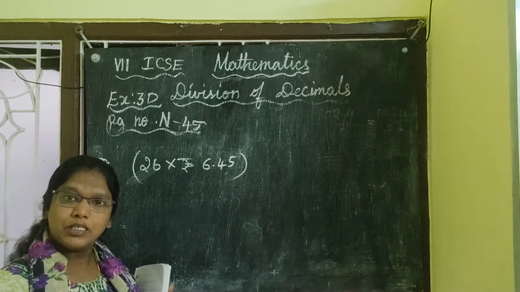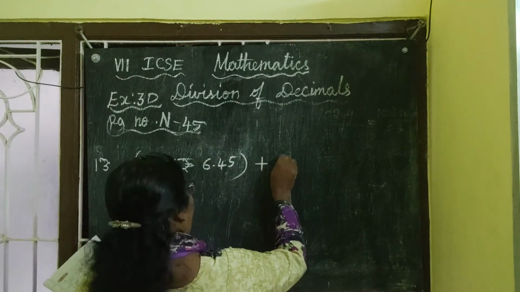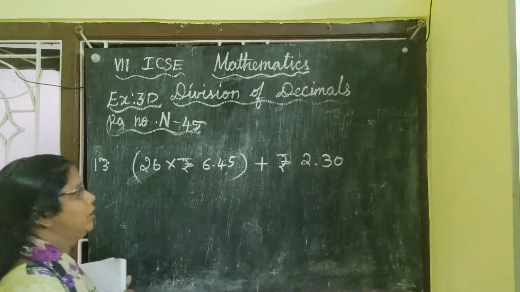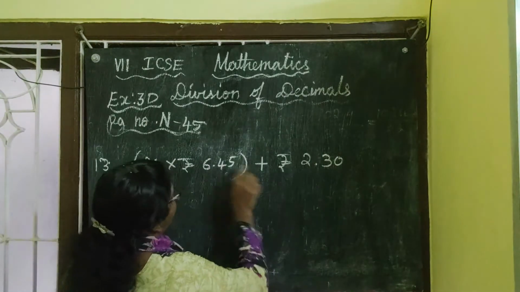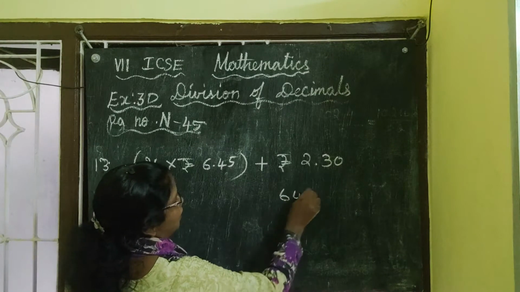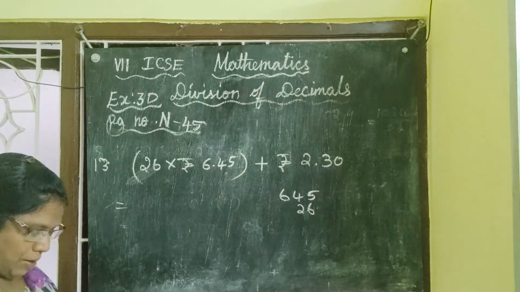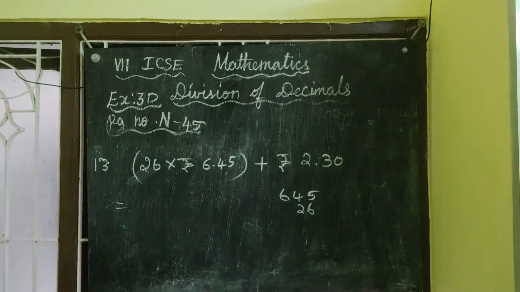is left out? You have to add that. What do you have to do with whatever is left? Add to get the total amount. To get the total amount. First you multiply this. Okay, take out the decimal first, you multiply, at last we can keep the decimals. It is 645 multiplied by 26. Okay, 645 is multiplied by